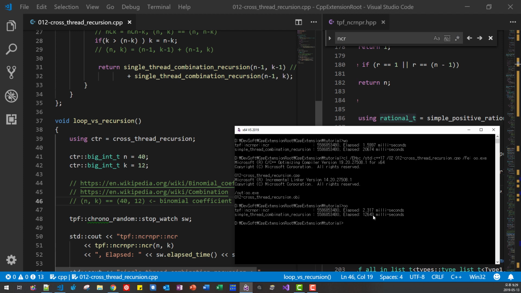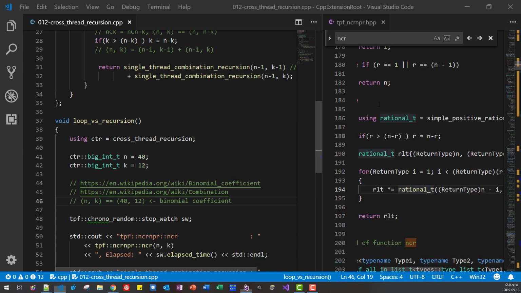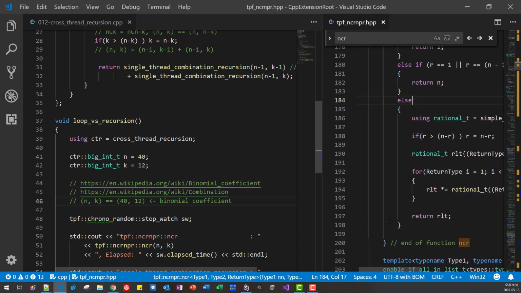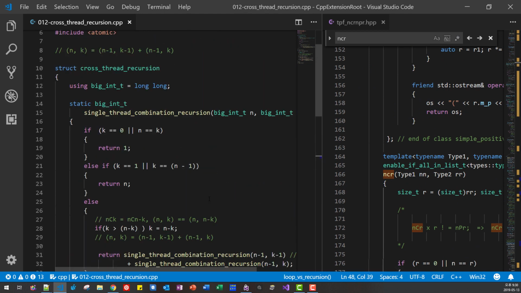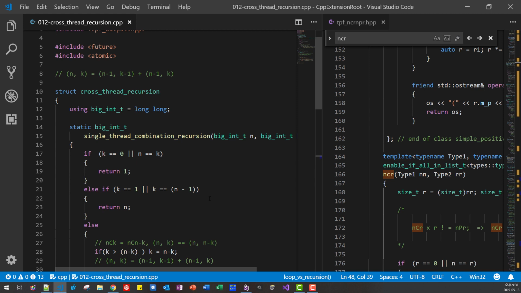It's almost 1 order, 2 order, 3 order, 4 order of magnitude faster and more efficient, this loop-based algorithm. So you understand why recursion is terribly bad.